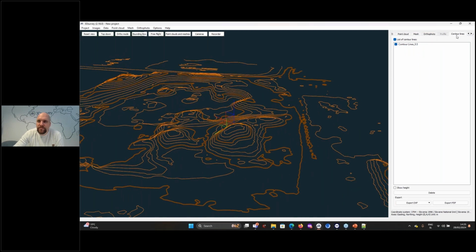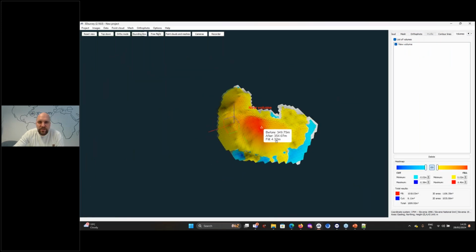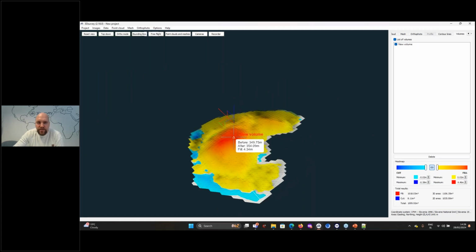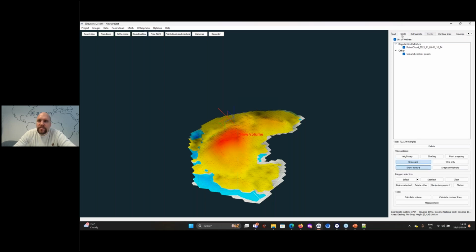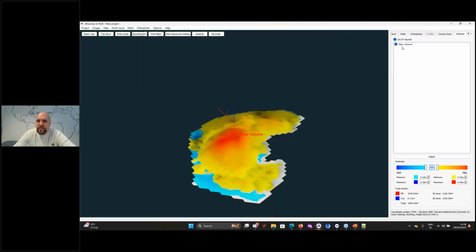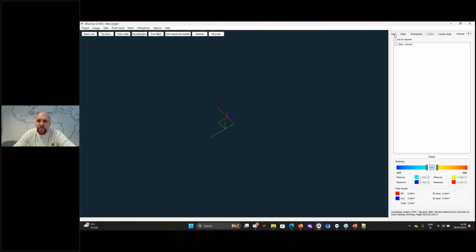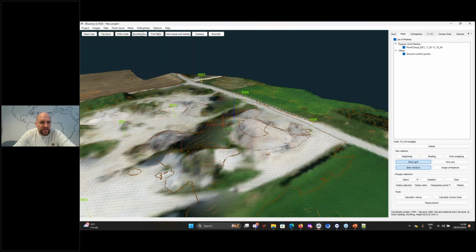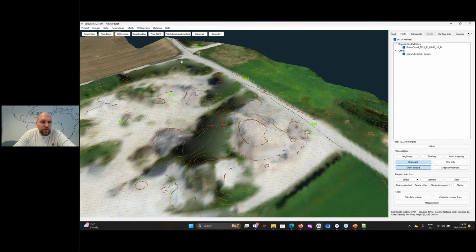If I go here into volumes, we can actually check what the height of the pile of material is. So here we have about 4 meters of material. But we will look at more volume calculations later. So now I will go back to mesh. We will temporarily turn this volume off. And from this mesh data, we will also calculate an orthophoto.